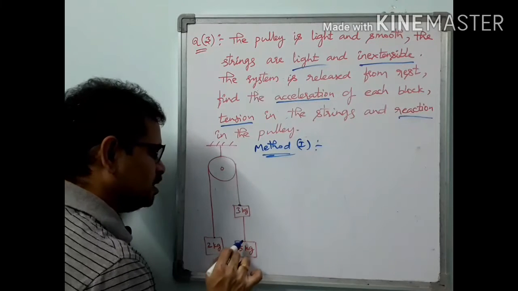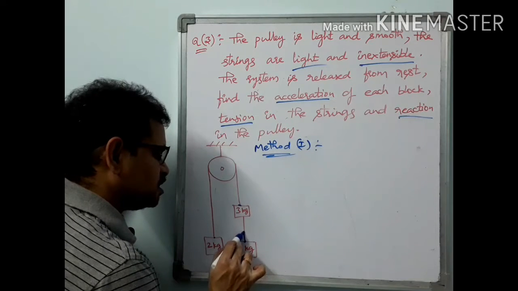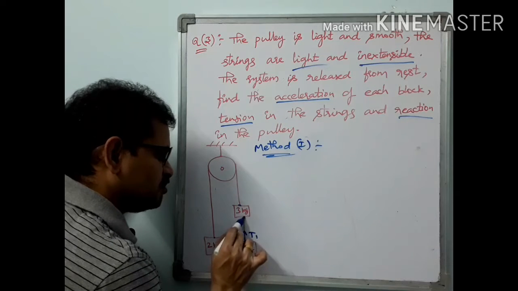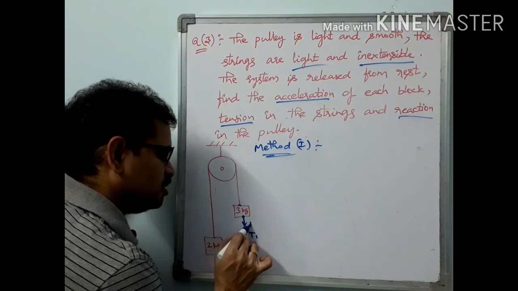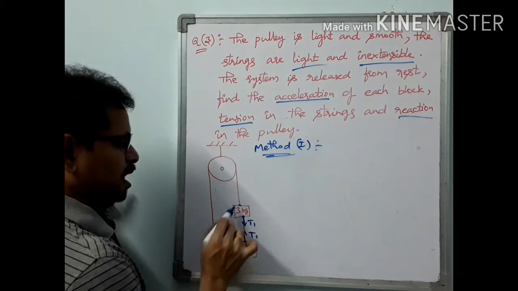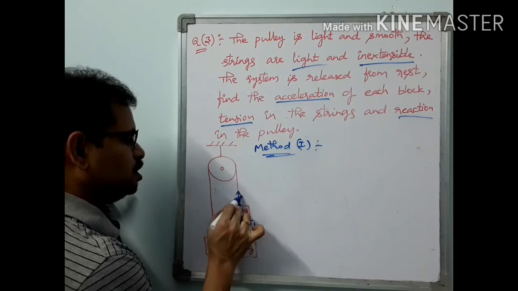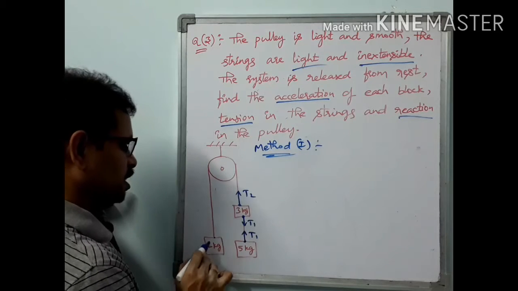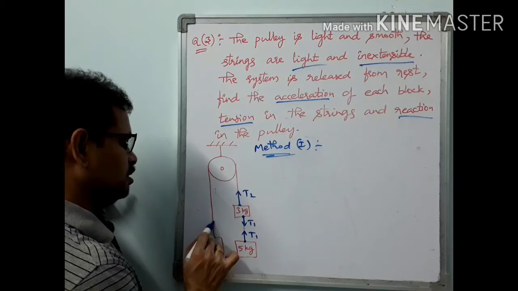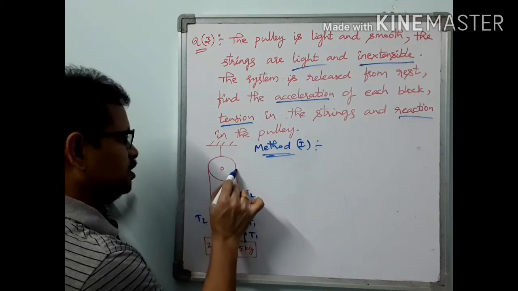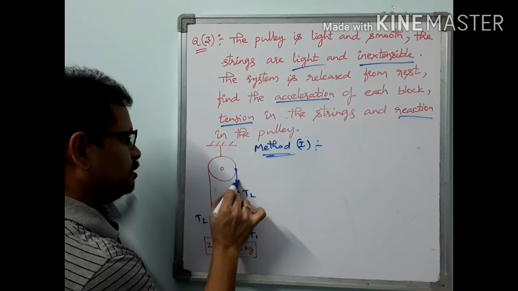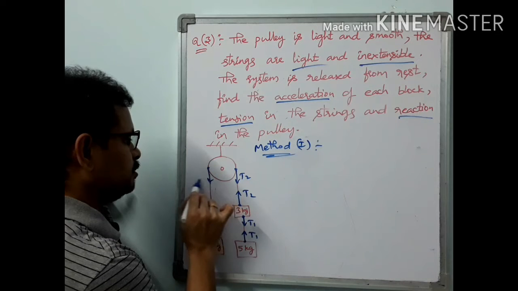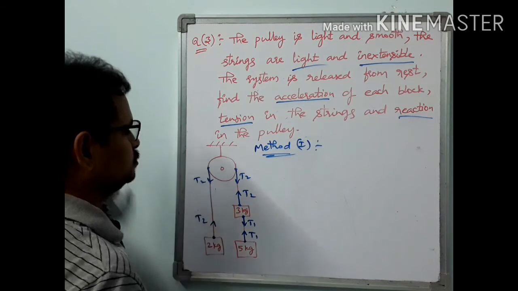So for the first rope, let us draw the tension forces. In the first rope, let us consider tension is T1. So on this block it is upwards. On the 3 kg block, T1 is downwards. And here on the 3 kg block, due to this rope, what is the tension force? T2, because that is rope system 2. And on this block, T2. Here on this pulley, T2.